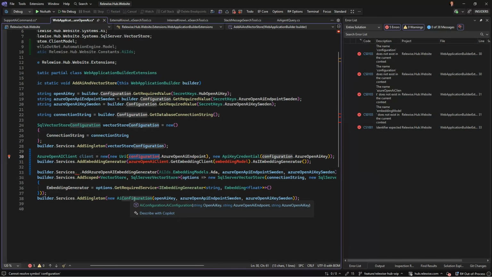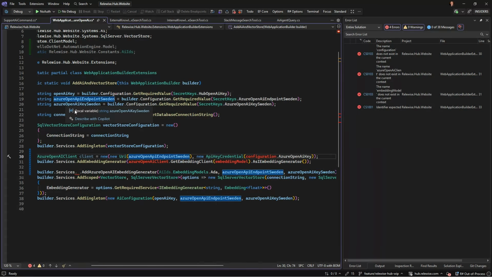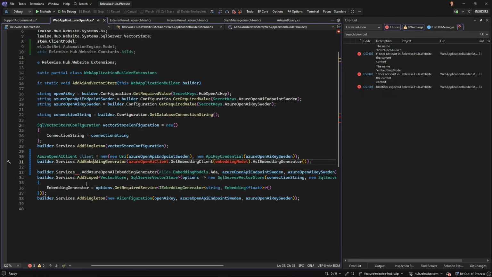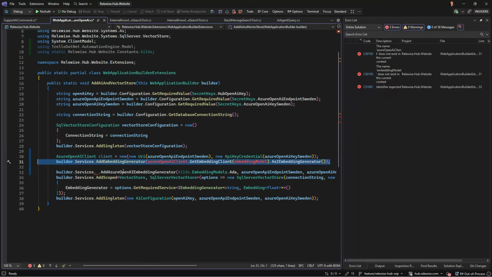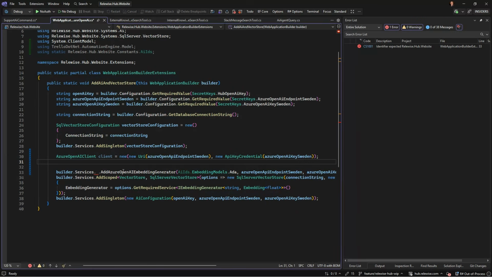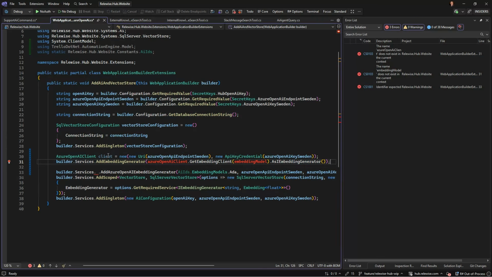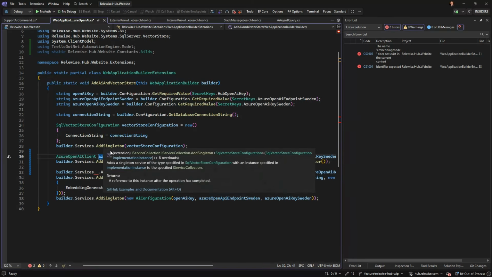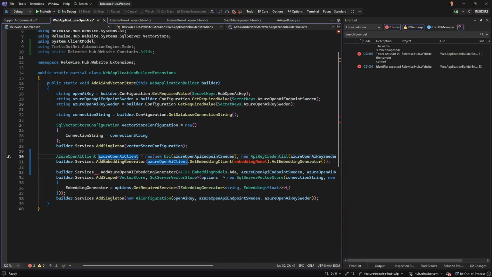And this comes from Azure OpenAI Sweden endpoint here, and Sweden key. So we have a client. That was the client down here. So I guess we're gonna do that. And the embedding model is, where did I get that from before? That was that one.